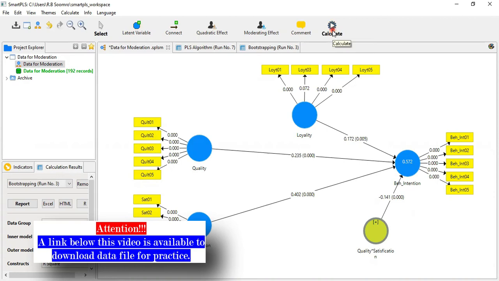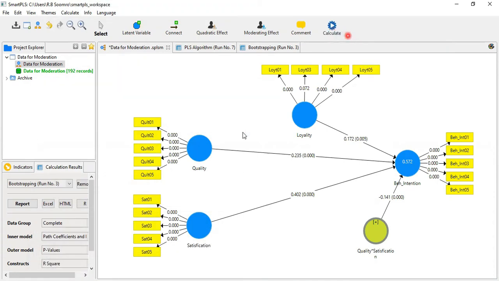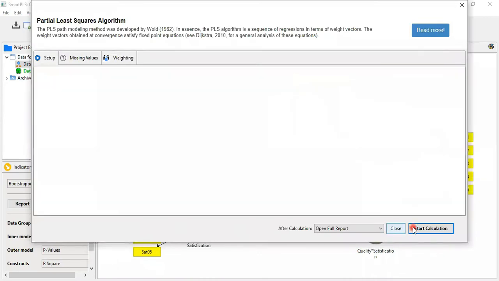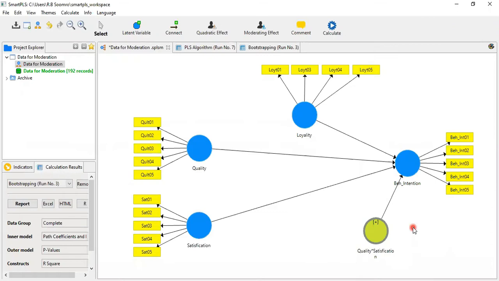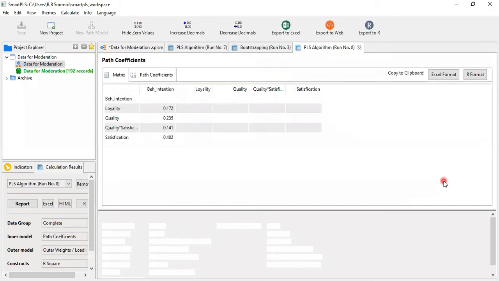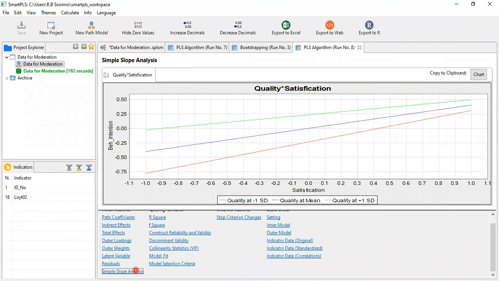Okay, so next we want to check the slope analysis. Again, it's very easy. Go into Smart PLS and just press OK on the calculation tab. So the results are again here. To find out this slope analysis, this link is the simple slope analysis.